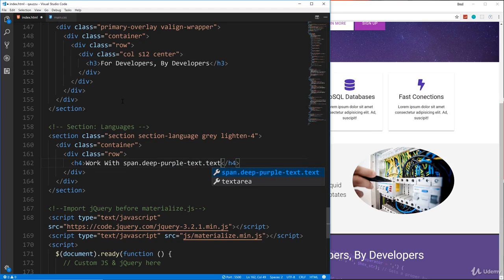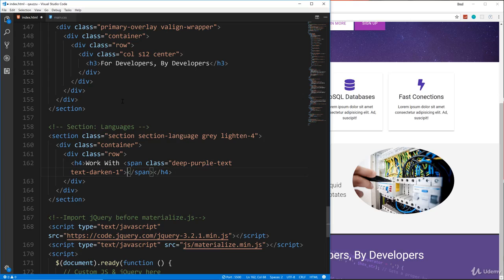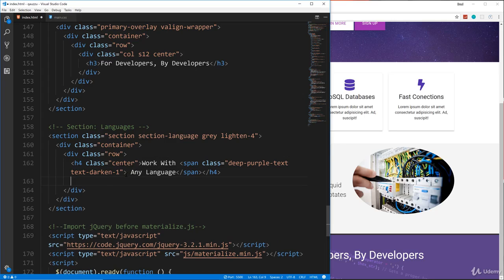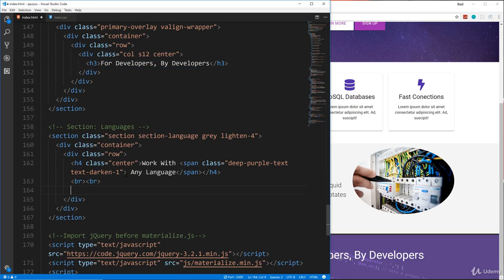Let's also text-darken-1, and then in here we'll say any language. Okay, so work with any language. Let's also center. And then we'll go under that H4. Let's put a couple line breaks, and then we're going to put a row,